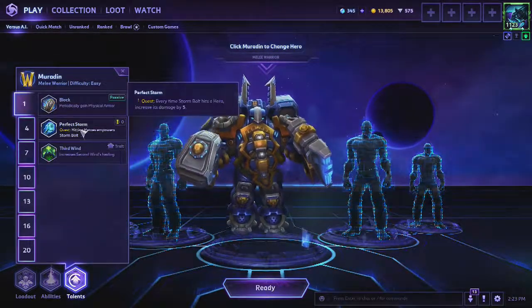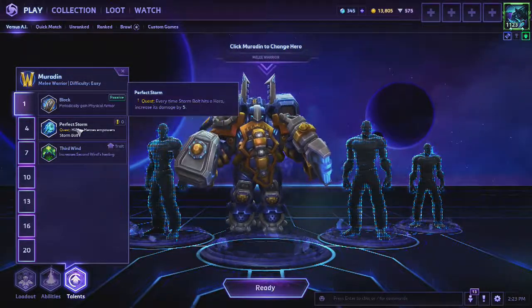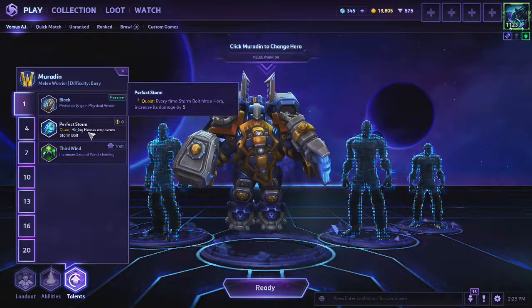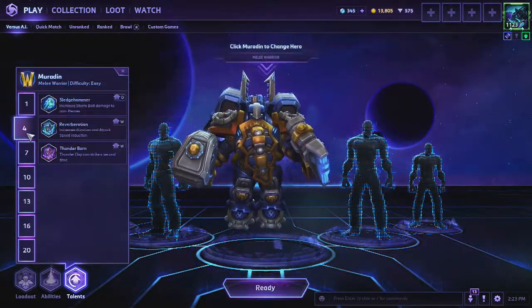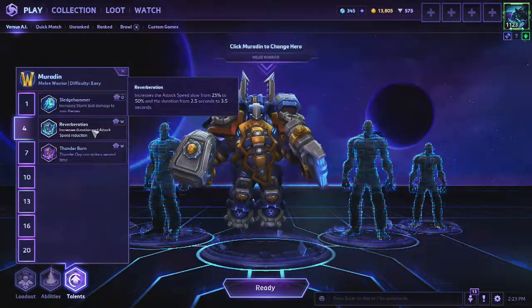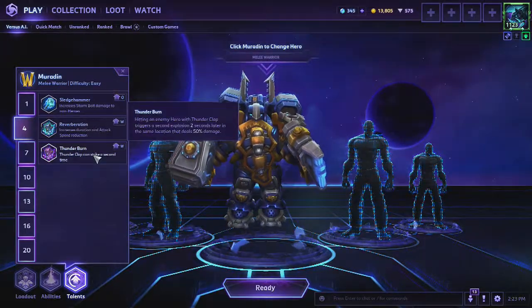So what about his ability tree? Well, you can still pick up Perfect Storm if you want, where every time you combine that with your quest, increasing the damage and reducing the cooldown and such. Third Wind and Block are still here if you want to pick those up. At level 4, we have Sledgehammer still there. Reverberation is here now. And Thunderburn, where it hits...